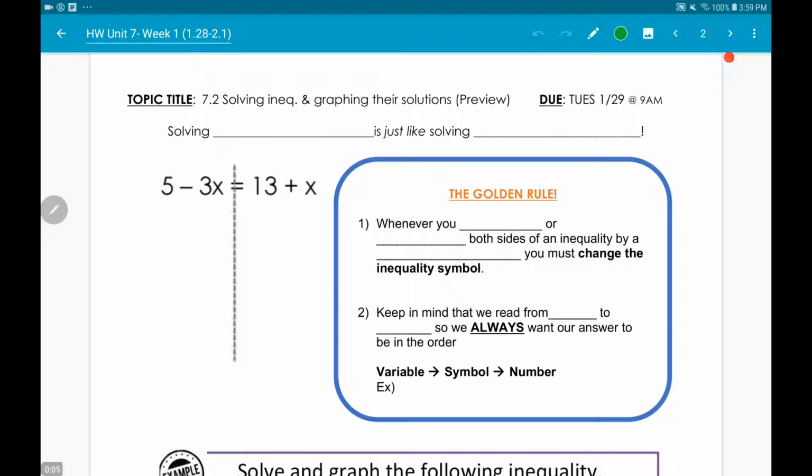This is due Tuesday. It is a preview for the lesson, so please make sure you are watching this before Tuesday. So, solving linear inequalities